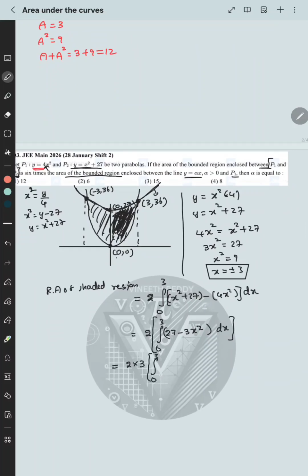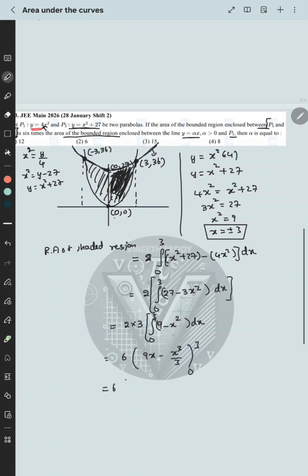Integral 0 till 3, we get 9 minus x square dx. So we get 6 times 9x minus x cube by 3. The limits are from 0 to 3. So we get 6 times 9 into 3 is 27 minus 3 cube is 27, 27 divided by 3 is 9. लोअर लिमिट वैसे भी 0 है, तो ये वाला जो रीजन है वो 6 into 18 टाइम्स है।